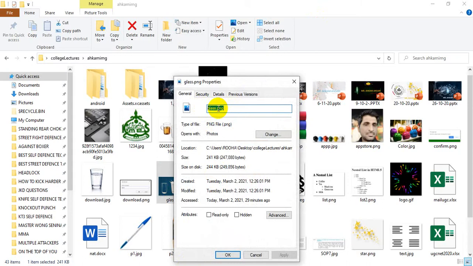One more important thing I want to tell you: don't type the name of the file, not even the address. Just copy it, because many times you read glass.png and type it in src, and you may misread some spelling. If there is any mistake in spelling, your file will not be added, so it's better to copy. So I have clicked on copy.